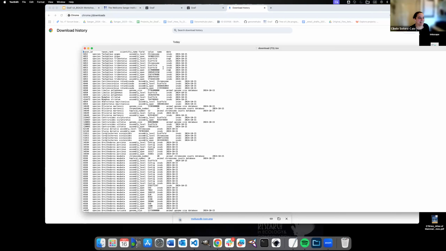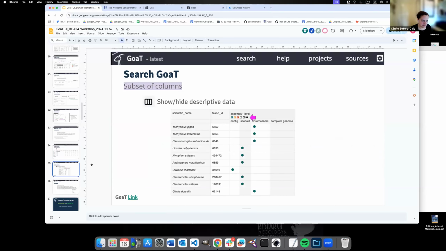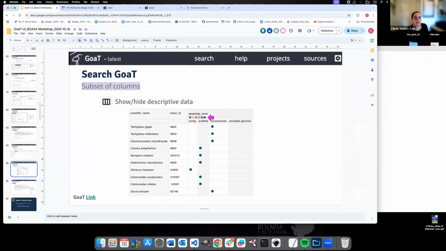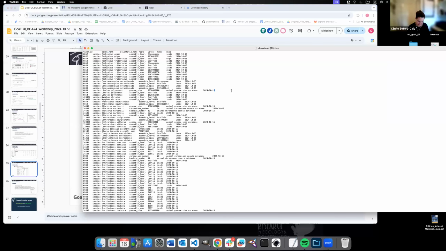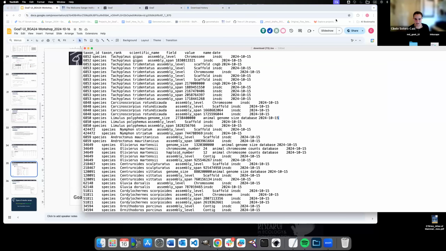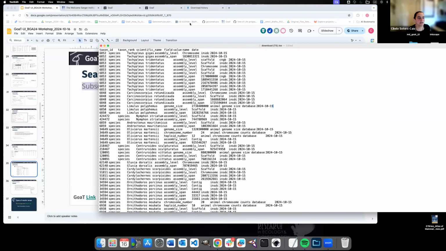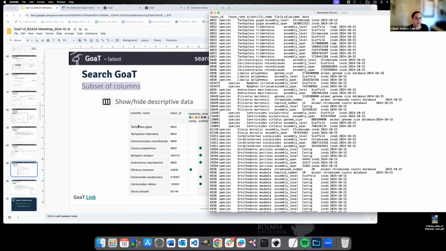But if you see here, we have the taxon ID, taxon. This is actually the same. Let me put them side by side. Whenever you delete, it's ugly. Whenever you download stuff directly, I think this was the tidy data version. So you see here that we have this species in a lot of rows.